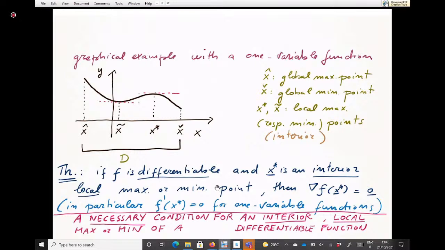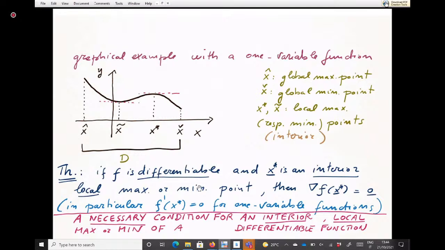Of course, this holds only for an interior point. Because if you look at the boundary here, clearly this is a maximum, which is global. If it is global, it is necessarily also local, by definition. But here the derivative is not zero, because the slope is negative. Also here the derivative is not zero, because the slope is negative. And this is possible because we are on the boundary. So look at this,